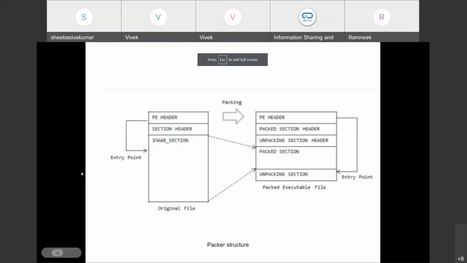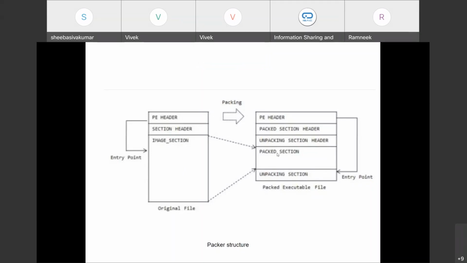So now we have the packer structure. Packer structure, what it looks like: there is this original file and then there is the packed executable. So after packing, what happens is the init section is converted into a packed section.